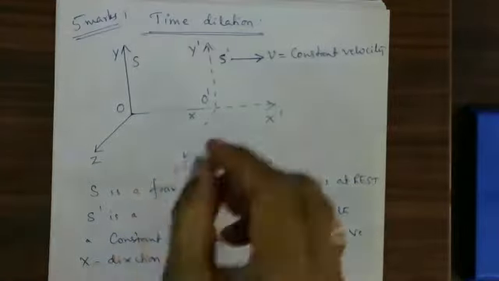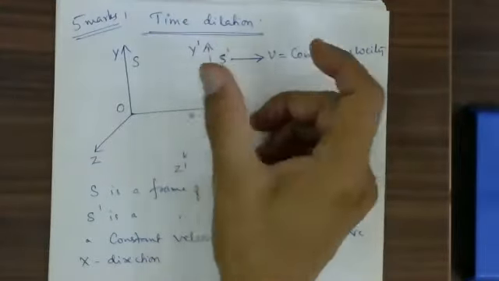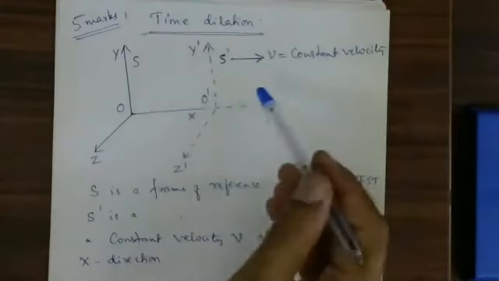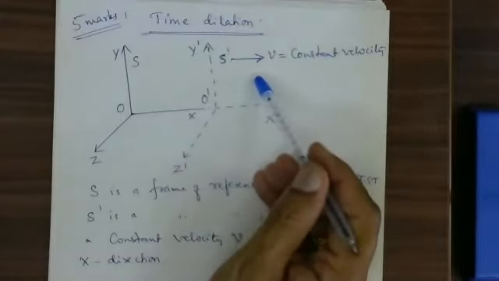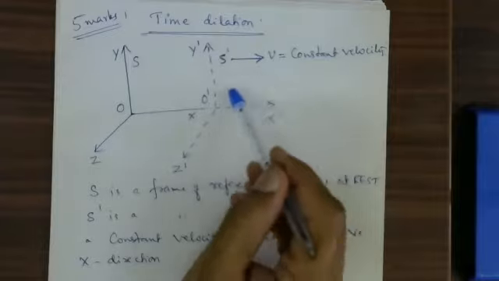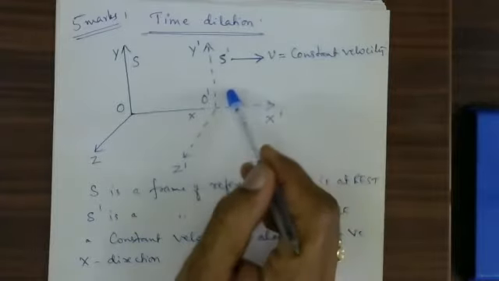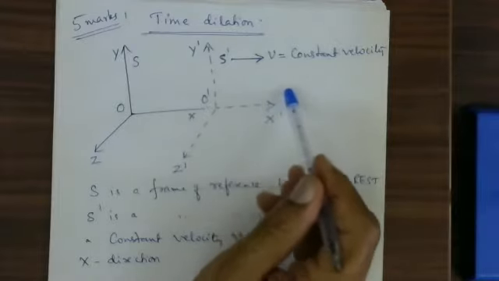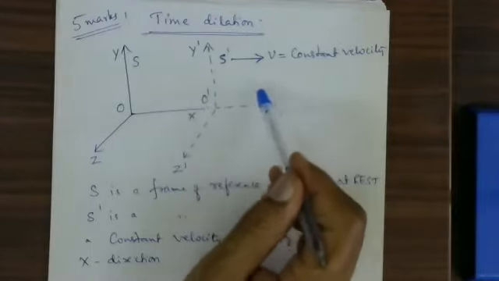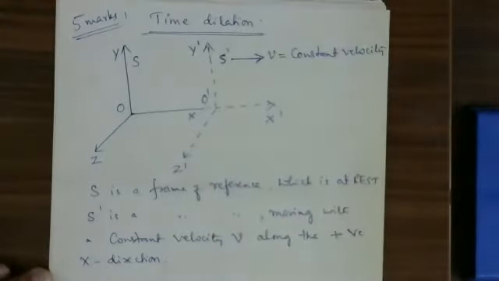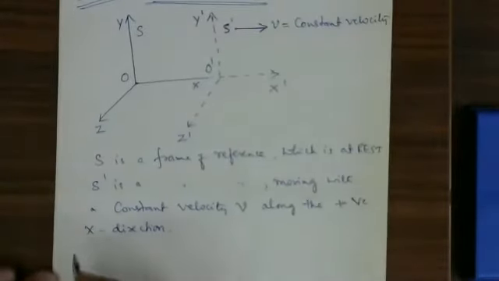Okay, after some time interval, again one more flash of light is produced. In which frame? S dash. Therefore, from one particular flash of light to another flash of light, there must be a time gap. The time difference I suppose to write. That time interval between the 2 events in S dash I suppose to write. First concept in S dash.